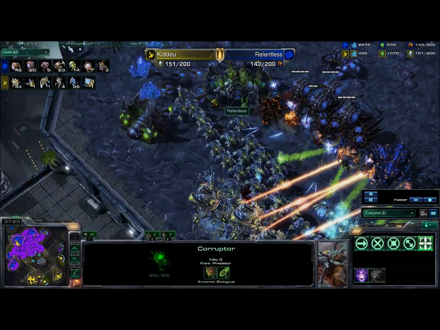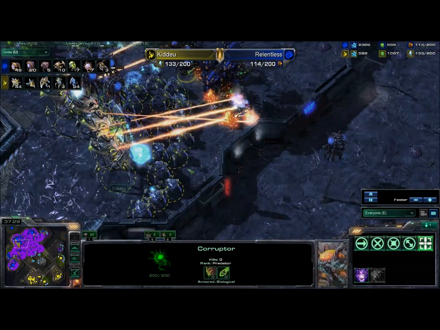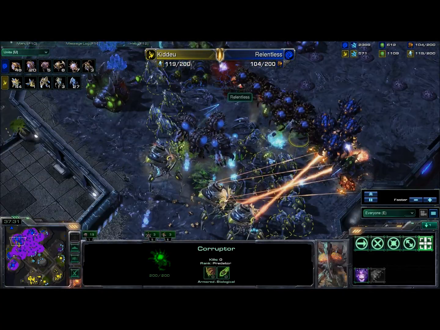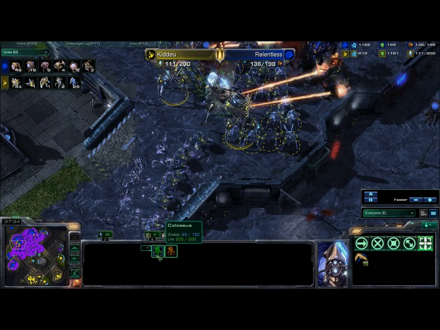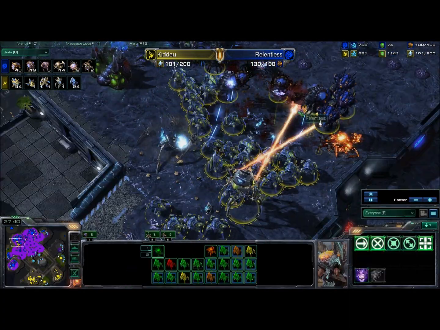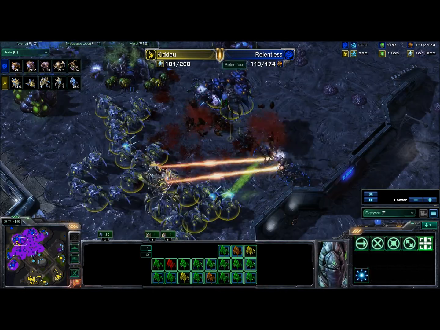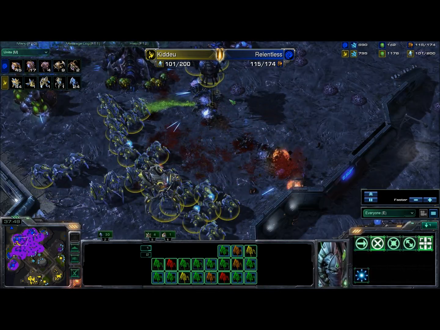Nobody likes to see those. If we start seeing those morph into Broodlords, that could be a serious problem for Kid, and probably target firing here on the Colossi. Coming in to reinforce it. Kid is going to be able to take this here. Wow. If he is able to pull this out, I am just going to be shocked. And he is...